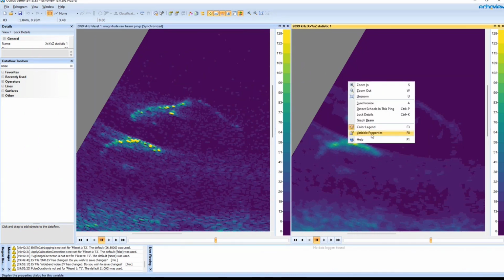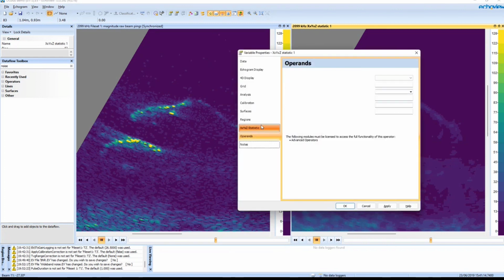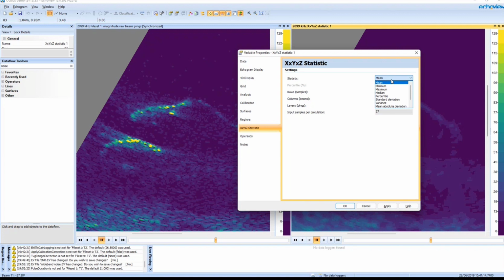This has a variety of options in this operator. I've used a very, very simple samples within the same beam, 3 samples at the same range across multiple beams and 3 pings. We're looking at those collection of samples to recalculate the middle sample in that 3x3 window. And I've just taken the mean of those, but we also have a lot of other statistics available with some fancier options that can help you to really get some advanced data processing techniques happening.